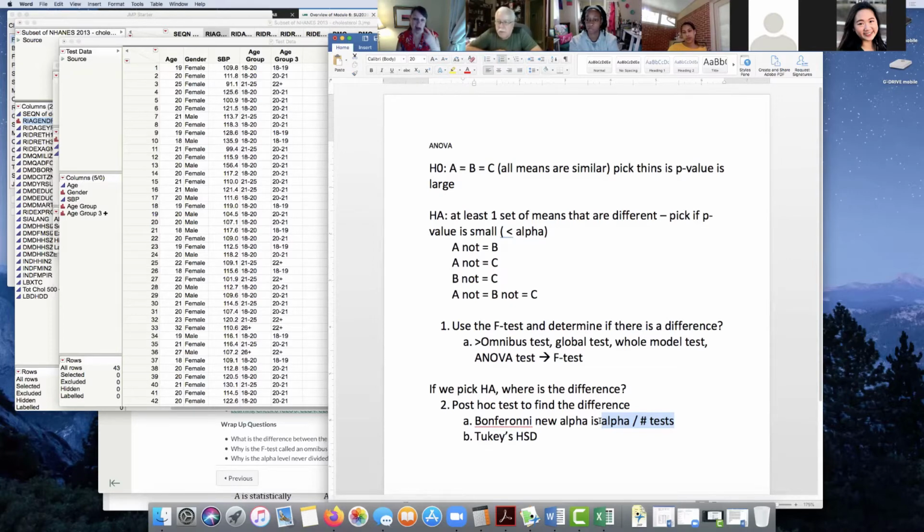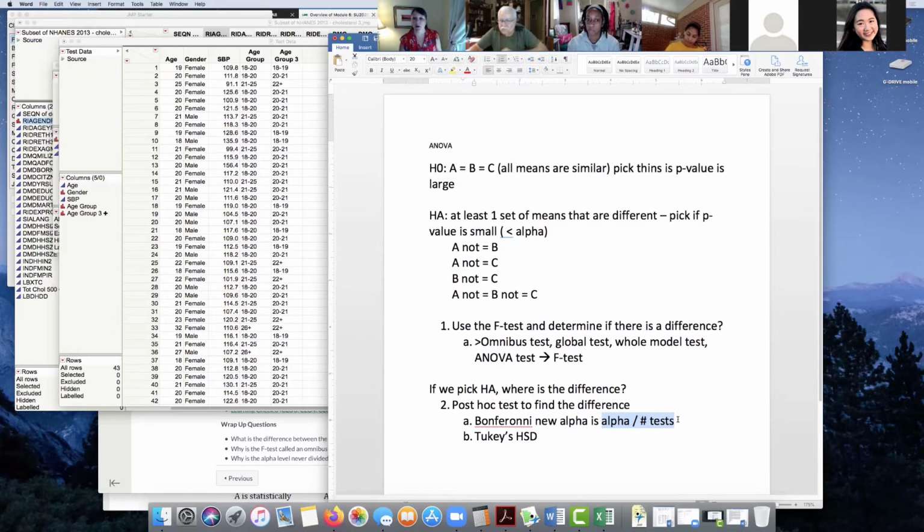It's likely that I've got, say, 30 in my omnibus test, but when I get down to it, maybe group A only has 5 people. That's not enough power, right? We talked about what power is. It's not enough power to make that comparison. There's just not enough evidence. So once you get into the post hoc test, you're divvying up your sample size amongst the groups, and you may not be able to declare a significant difference once you've made that alpha adjustment.